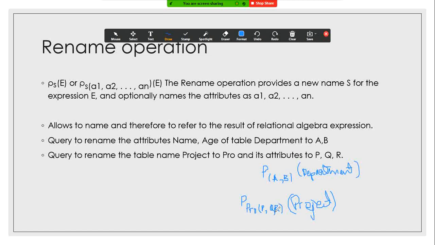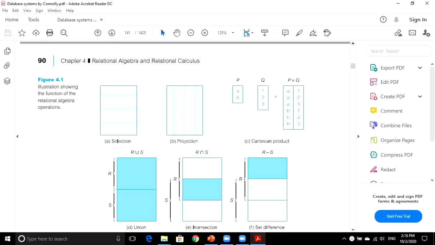So in today's lecture, we have discussed the different set operations of relational algebra. This is actually the summary or the graphical representation of all the relational operations that we have studied. Here first we have selection, in which we select different rows based on conditions. Next we have projection.